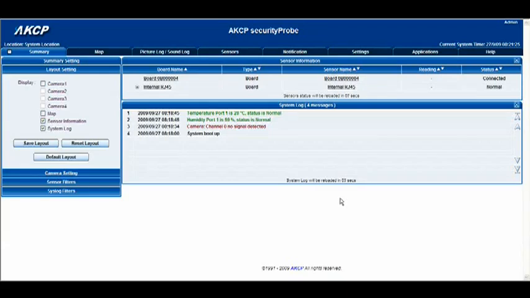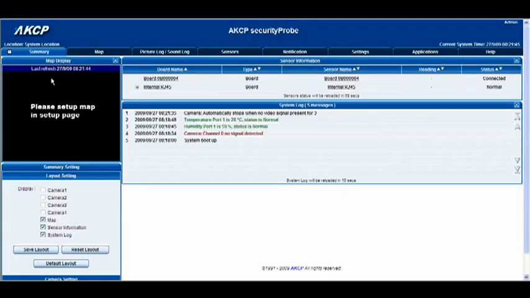Okay, so right now we're going to have a look at the map function of the securityProbe web interface. Now you'll notice that right now I'm on the securityProbe summary page. And you'll notice that in the layout settings box here we have a little box that says map. And if we go ahead and tick that box, when the page refreshes you'll see that we get given this